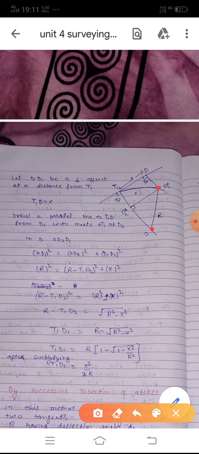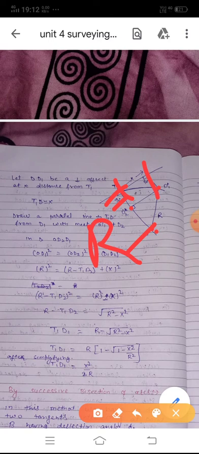Here OD1 is our R and OD2 is our R minus T1D2, because this complete distance is our R, and this is our X. Here we know this is X. Then R minus T1D2 is equal to the root of R square minus X square, and T1D1,